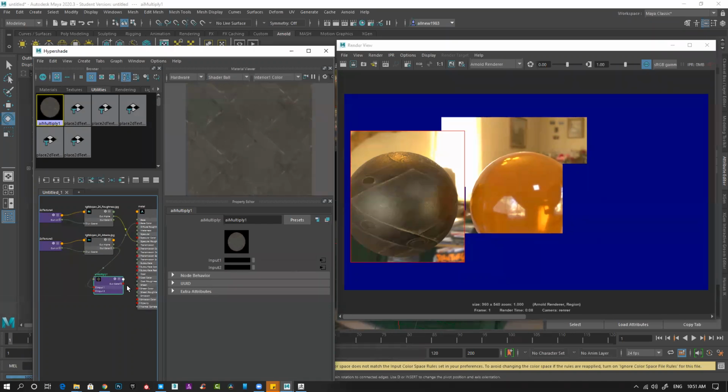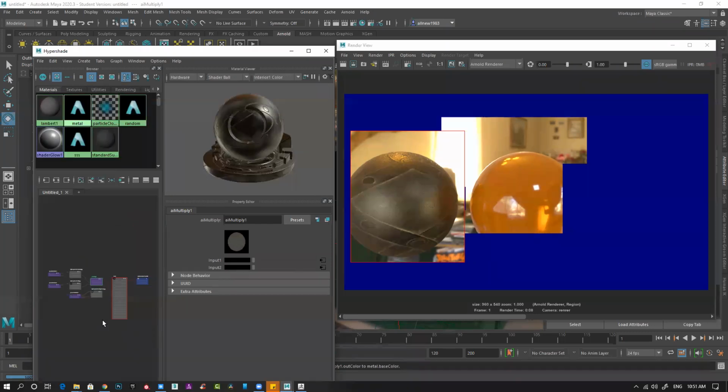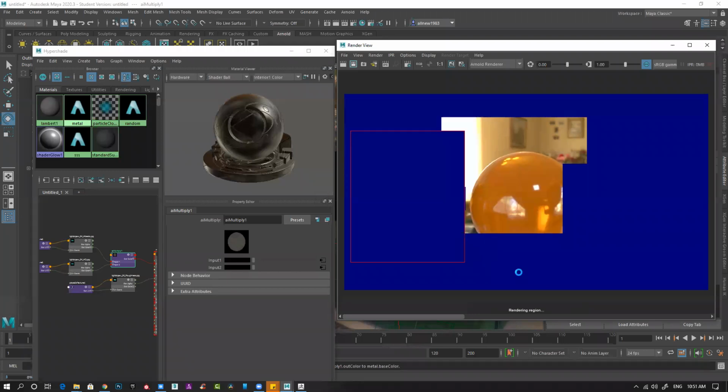Connect this to this, and this output connect it to diffuse. Now you can see you have this connected here, and let's keep this also. Keep it and render one more time. I just multiplied ambient occlusion to my diffuse.